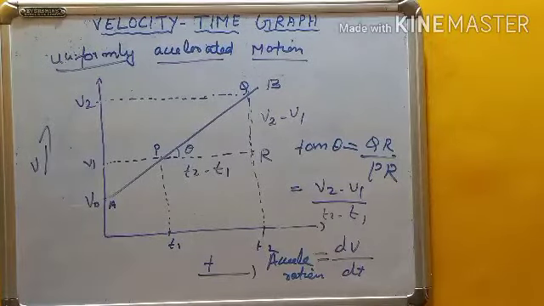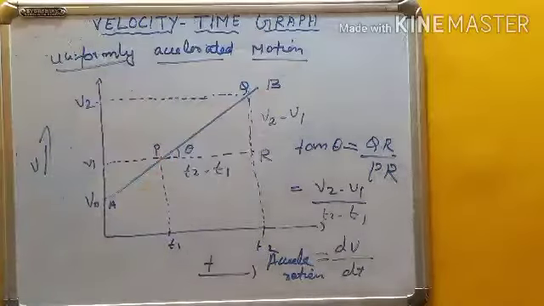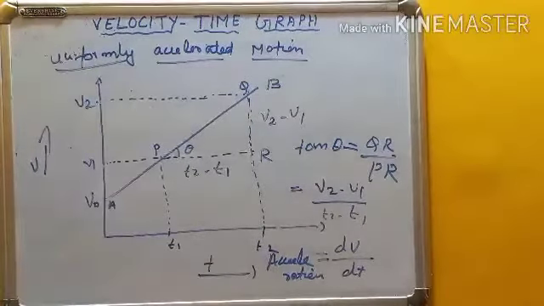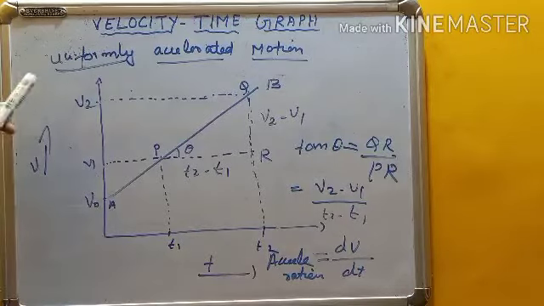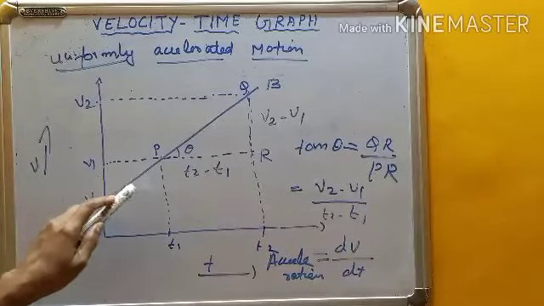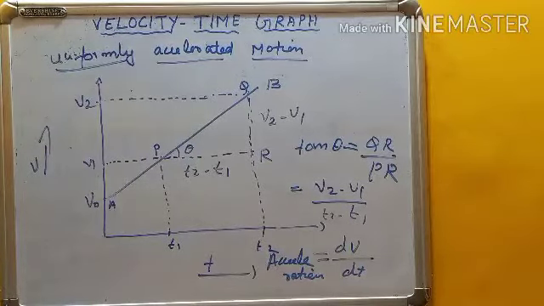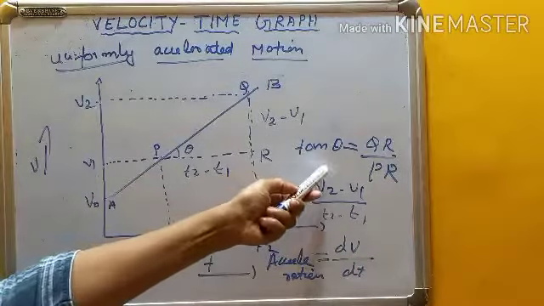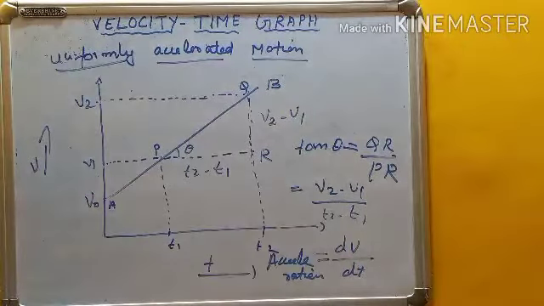So that concept is clear, I think. In the previous case, we discussed uniform velocity, and there the slope is not there, as that was a straight line parallel to the time axis. And from the area under the graph, we got the distance traveled by the body. The second case was uniformly accelerated motion. From the Vt graph, if you are asked to find the acceleration, you just find the slope. We have calculated that the slope will give the acceleration of the body.